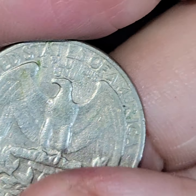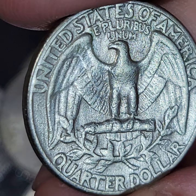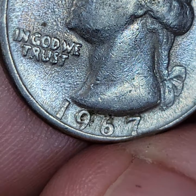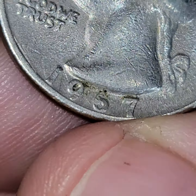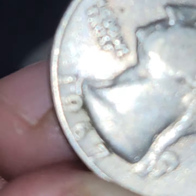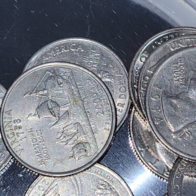It was another old looking one. And another 67. Right, that's our second 67. We found two 67s,